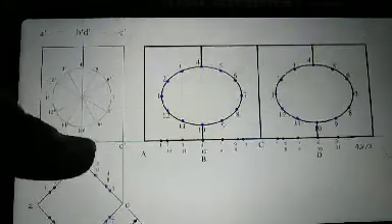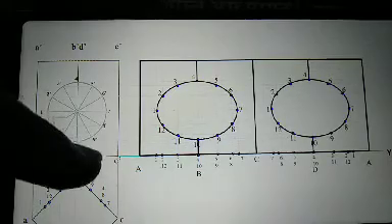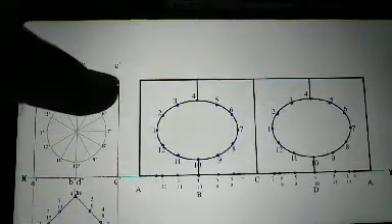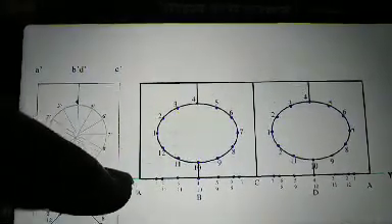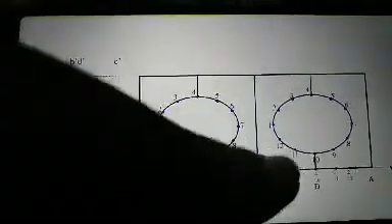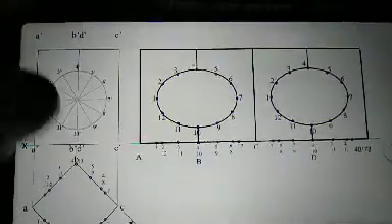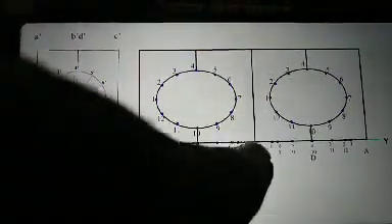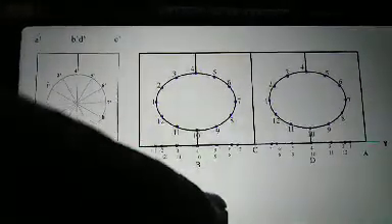After that, project the height of the prism, which is 65 mm. You have to draw these lines 65 mm above the XY line. After that, project this vertical line and horizontal line in the front view. Project this line in the front view and draw these points A, B, C, D, A, which are at 40 mm from each other. A to B distance is 40 mm, B to C is 40 mm, C to D is 40 mm, D to A is 40 mm.